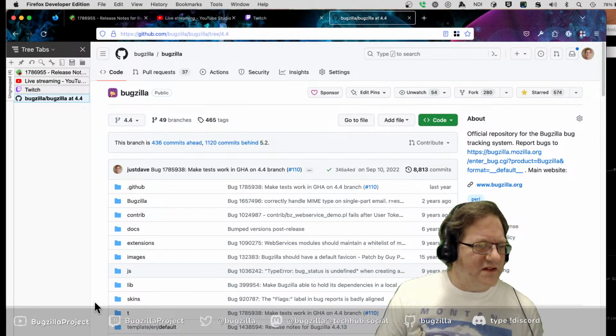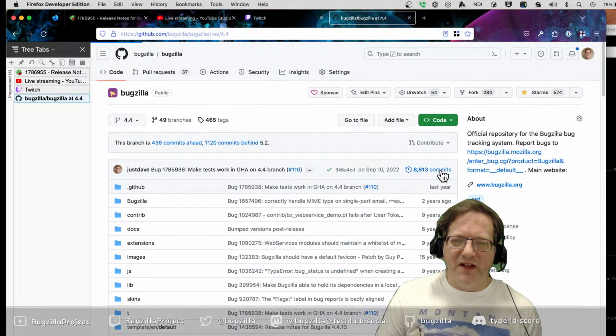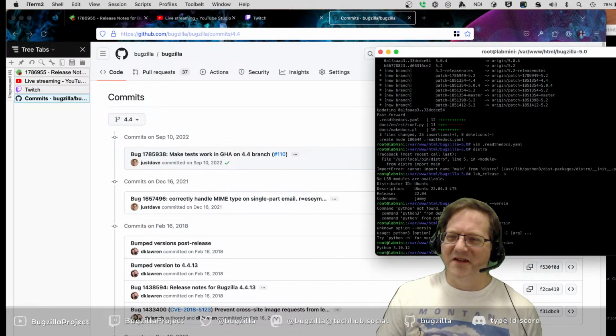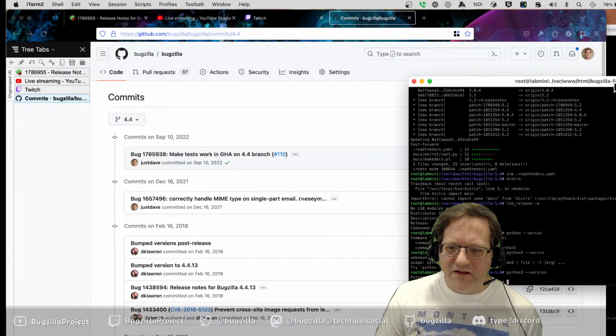The subtitles did not pick me up correctly there. Now they're working. I just have to talk clearly. Looking for the 4.4 branch and the commit log. This is going to be a nice short one because there's our commit for going to the 4.4.13 release. And so we have one bug fix total, plus the security bugs, which are going to land tomorrow. And that will get added at the end.